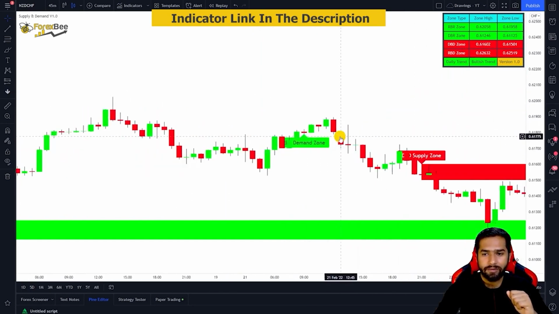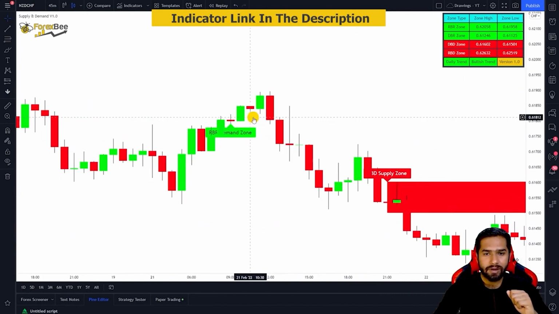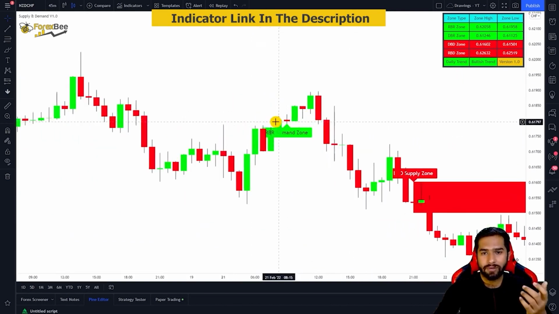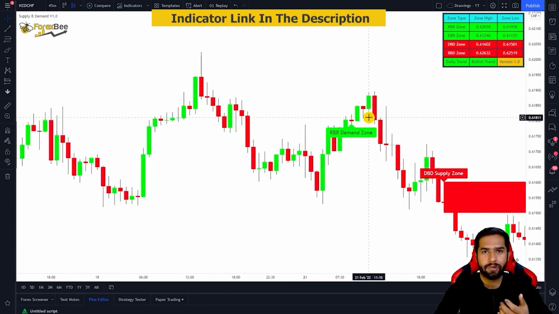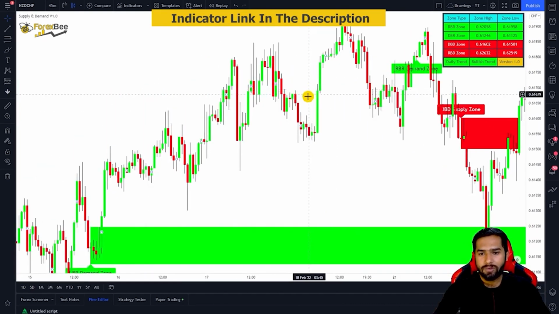But here, when this zone was formed, you can see the market also gave a bullish move from here to here, which is again very good. And it's still a profit of 1:1 or even greater. So let me just go back, and